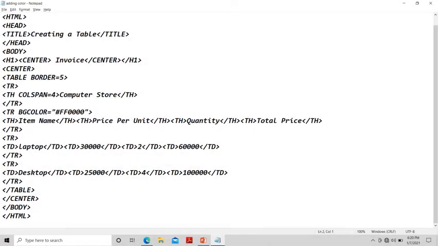And to add the background color, if you want to add it in a row, then you have to use the bgcolor attribute under the tr tag. And if you want to apply the color in a column heading, then you have to use it in the th tag. And if you want to apply the bgcolor or background color on the entire table, then you have to use the bgcolor attribute under the table tag. And then you have to specify the value of the color. You can specify it in this manner also, and you can specify it as red, green. That means an alphabetic value you can also specify under the bgcolor attribute.